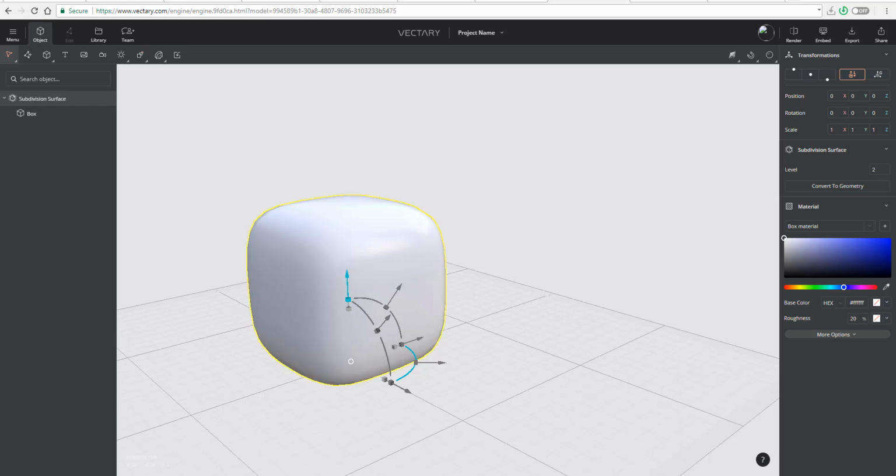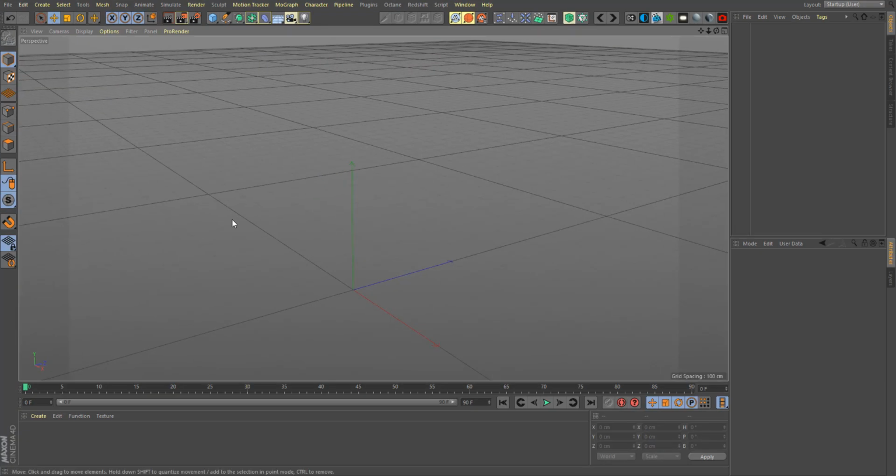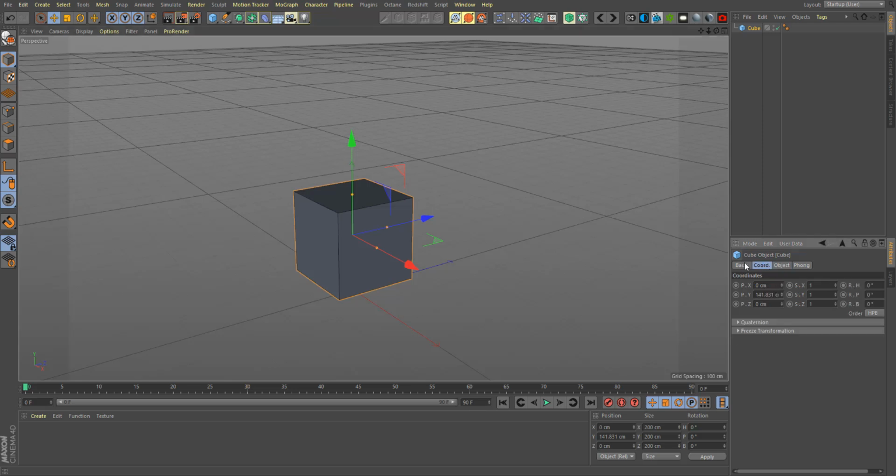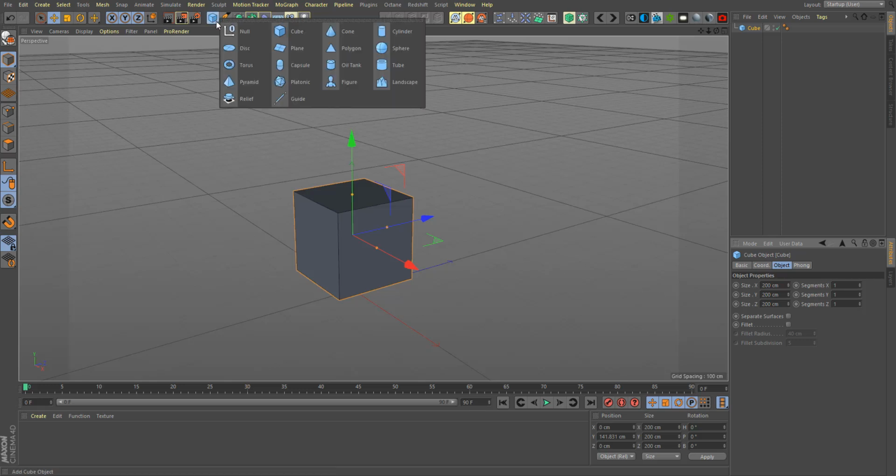Okay, so how does this relate with Cinema 4D? I have Cinema 4D opened here, and if I come through and click on this, you would notice that I have exactly the same thing. If I come within this object, I have the length, the height, and all of these other segments here. Within the coordinate, you definitely have the coordinate where it exists in your scene. So what I'm trying to explain to you is when you want to create an object, for example, in Cinema, you would notice that we